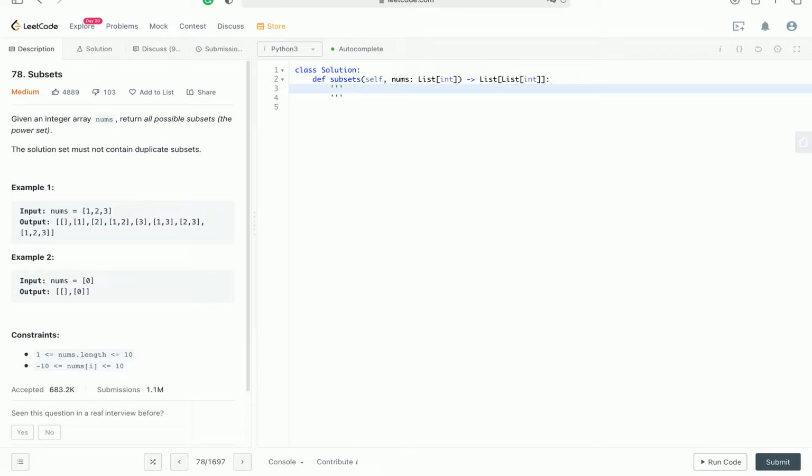So say your initial numbers are 1 to 3, and as you already know, given an integer array nums, return all the possible subsets. The solution set must not contain any duplicate subset. So what solution 1 means is that if you initialize your result array as an empty array, a 2D empty array, basically the first thing you do is that